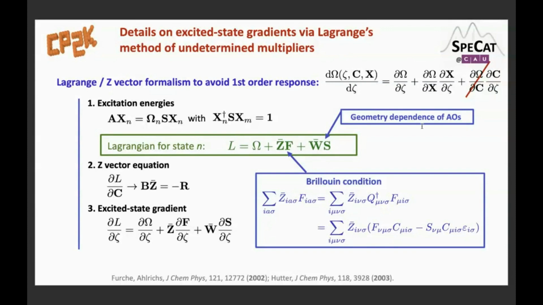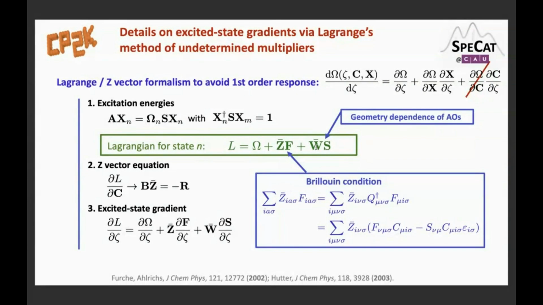So what one is doing instead, and how the implementation in CP2K is performed, is that one is using a variational formulation, setting up an energy expression which ensures that the total derivative is just given by this first term in this expression here above. Making sure that the energy is variational with respect to all parameters can be achieved by including stationarity conditions via the corresponding Lagrange multipliers. One stationarity condition is that the ground state equations are fulfilled,